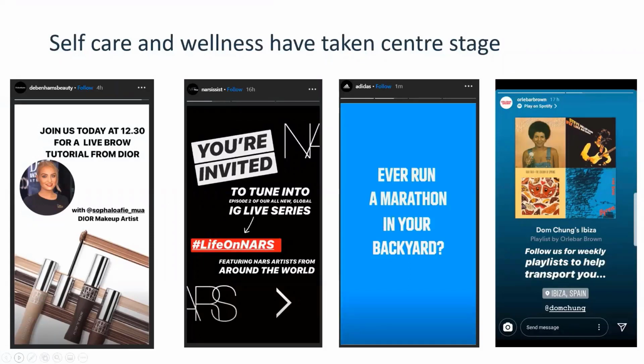of self-care, wellness, coping strategies, motivation for looking at new things, etc. So, whether it's been the likes of people offering makeup tutorials from a beauty department at a department store, through to doing activities at home, recording them and sharing them from a physical fitness point of view, or whether it's about playlists. You're not going on holiday anymore, but maybe sharing playlists like Oliver Platt are doing for different seasons,